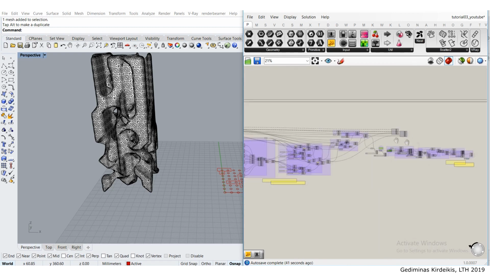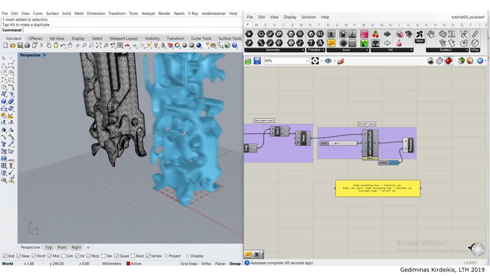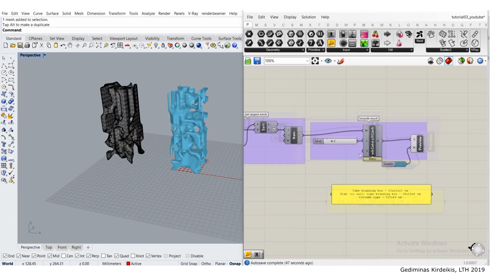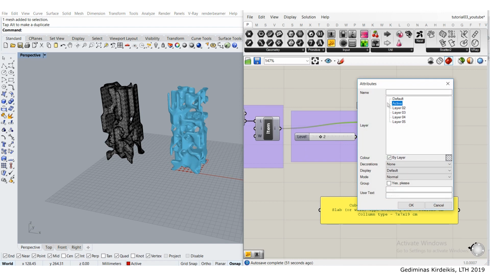Let's hit the play button now and see how the mesh updated, right? So you can see that this one is much more porous than the previous one,